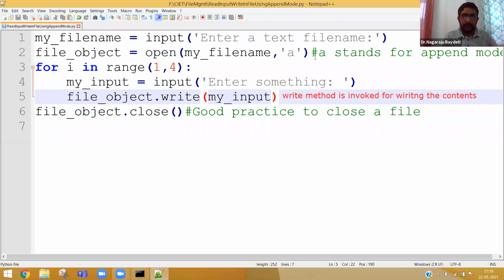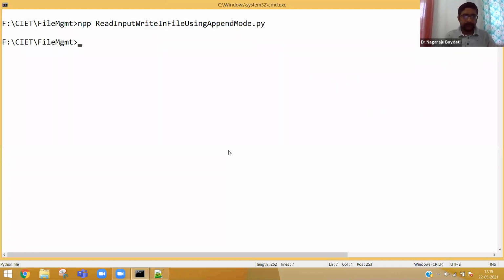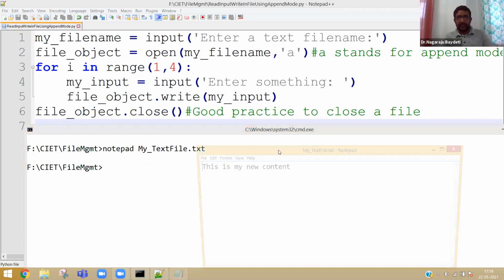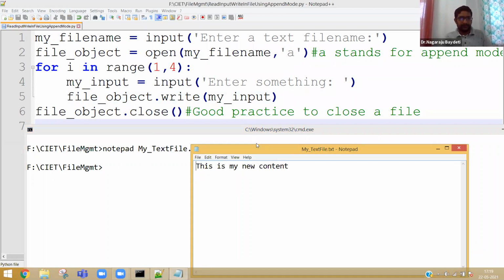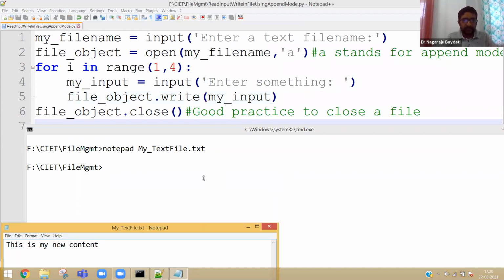Now let me clear all the annotations and execute the program. Everybody, before executing the program, let me open my text file. Let us keep this aside. This is before execution. Left side, what I am opening is before execution.